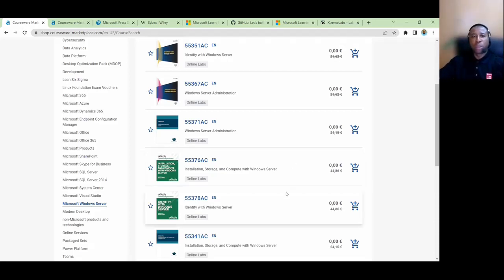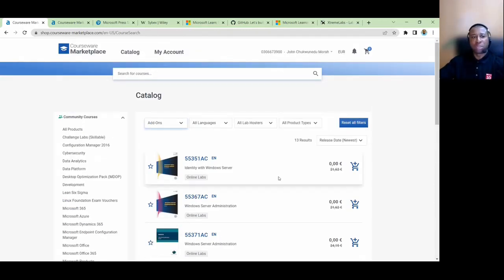There's also a price differential. I connected with my MCT account, that's why it's showing this. But if I were to log on with another account, it will show the price. Usually as an MCT, you have access to a copy of each of these courses. After you have gotten that copy, you now have to pay. So for example, this one looks more expensive. If you're trying to get something a bit lower, you can pick this. Then this is for the courseware marketplace. So this is great, especially the community aspect that contains the legacy courses.